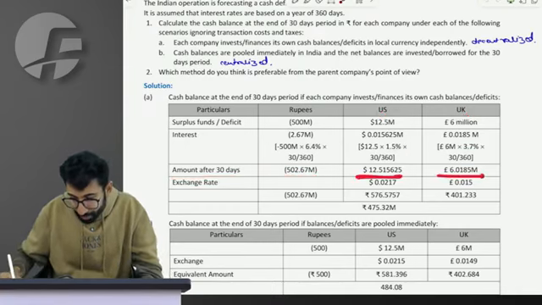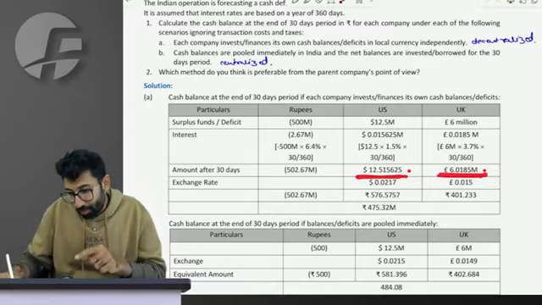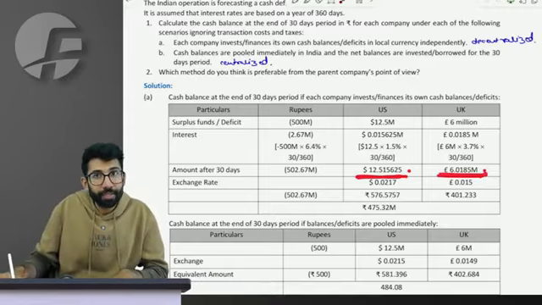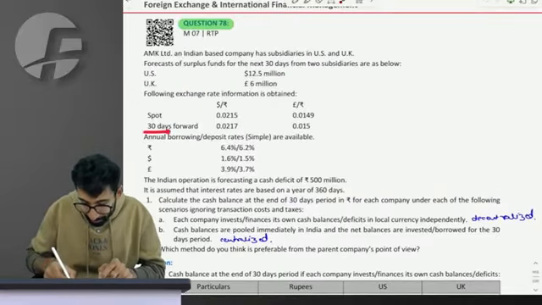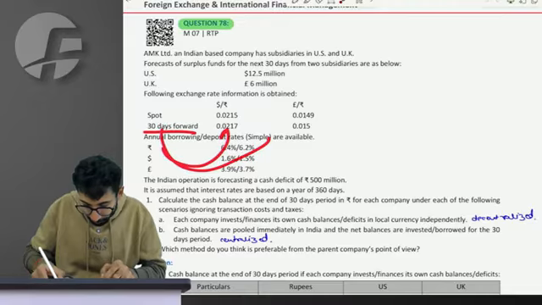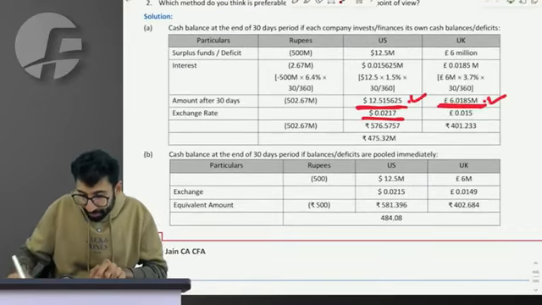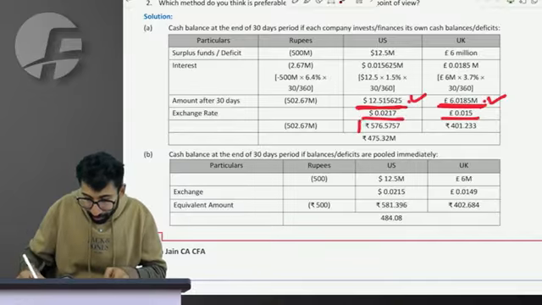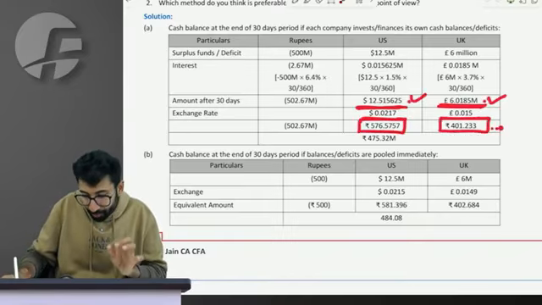The amount that you redeem in respective currency is $12.515625 million and pound is 6.0185 million. The redeemed amount, let's go to the market to sell it. Since that's after 30 days, I will make use of the forward rate. So divide by 0.0217 and divide by 0.015 gives me in rupees how much amount you have available with you